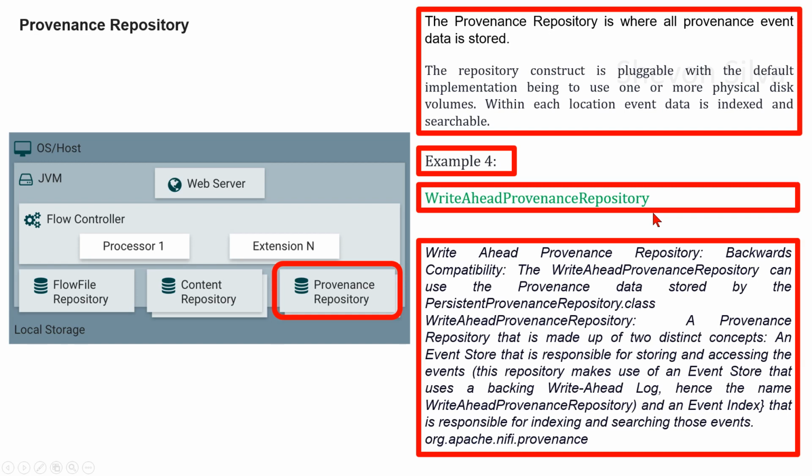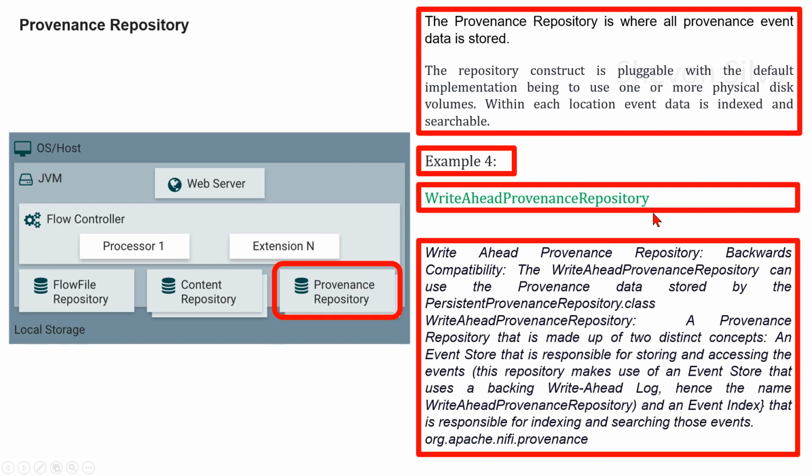Class WriteAheadProvenanceRepository: a provenance repository that is made up of two distinct concepts: an event store that is responsible for storing and accessing the events. This repository makes use of an event store that uses a backing write-ahead log, hence the name write-ahead provenance repository, and the event index that is responsible for indexing and searching those events. This is in the package